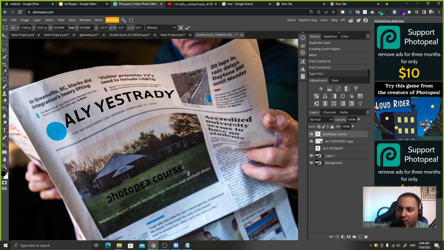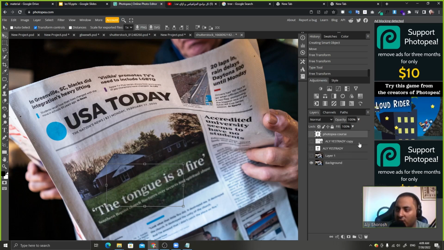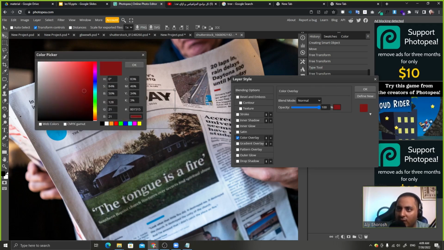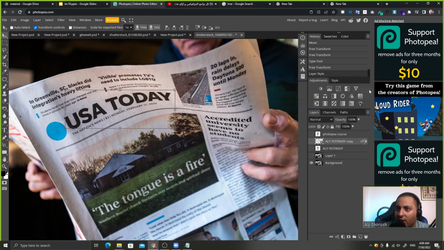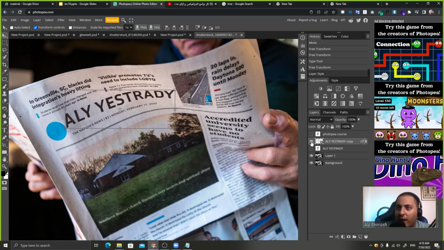So now we had the pose of the images. Let's take the original colors. I forgot to take the original colors. So let's double click here and make color overlay and choose the color here and click OK and OK. So I made the layer style on the text that I made and took the color from the original text. So now we have the same color as the original text,